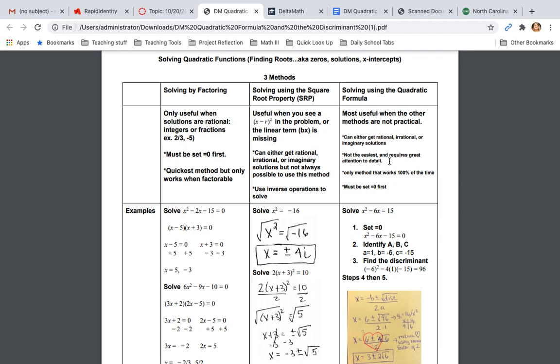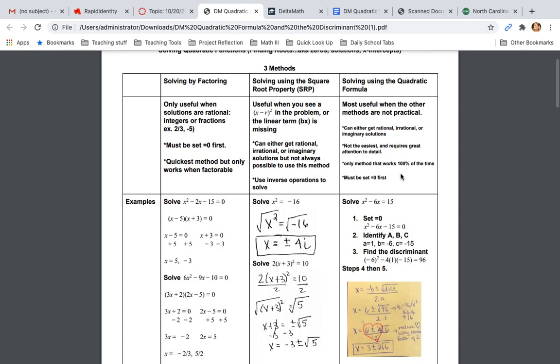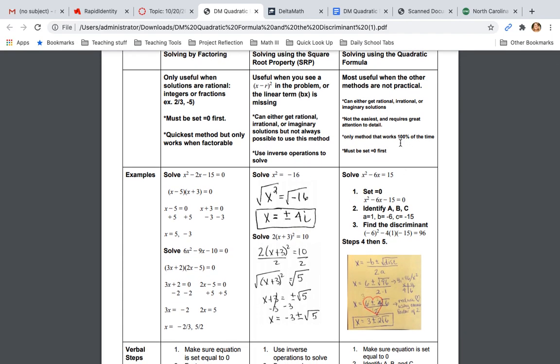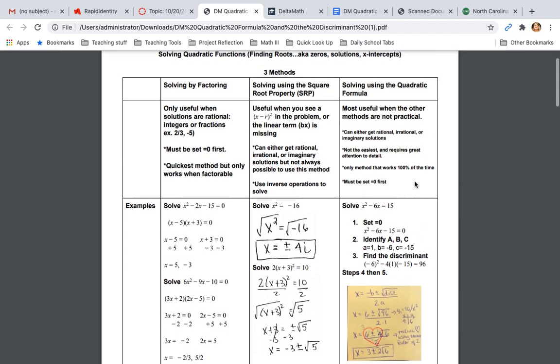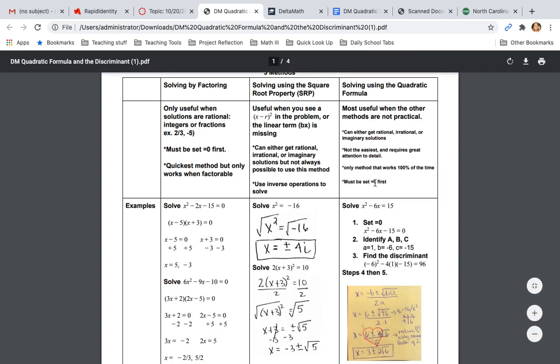It's not always the easiest and it requires great attention to detail, but it is the only method that works 100% of the time. So can we use it instead of factoring? Yes. Can we use it instead of square root property? Yes. Is it always the easiest? No. But notice for these two methods, the solving by factoring and quadratic formula, you must first set your equation